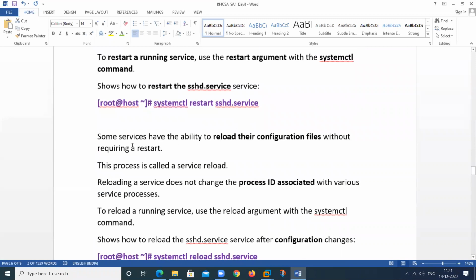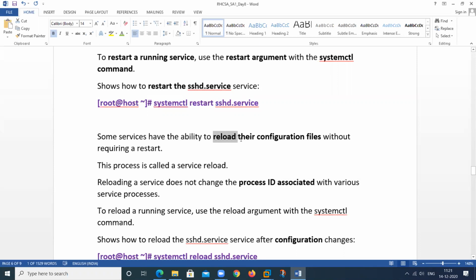If you do not want this type of thing, you can use the reload command. By using reload, the process ID stays the same and there is no downtime, because reload replicates only the changes that you have made in the configuration file. So this is the difference between restart and reload.